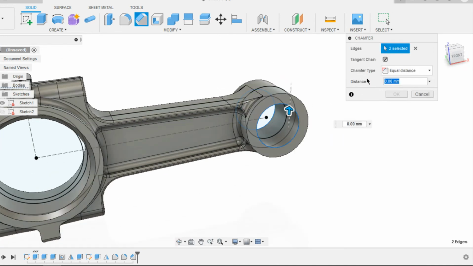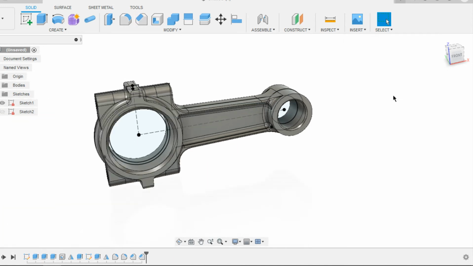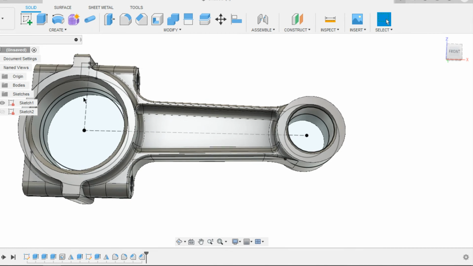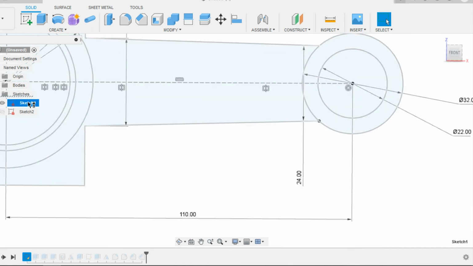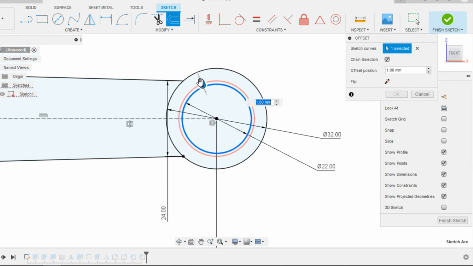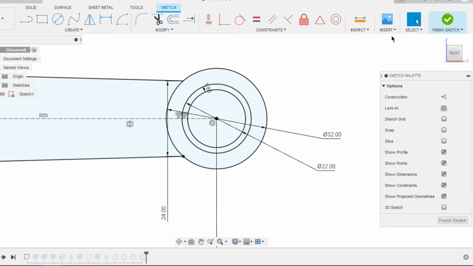The chamfer distance be 1 mm. Oh, we just forgot to offset the smaller end. I'm gonna edit my sketch again, select offset, select the inner circle and the offset distance be minus 1.8 mm. Finish the sketch.